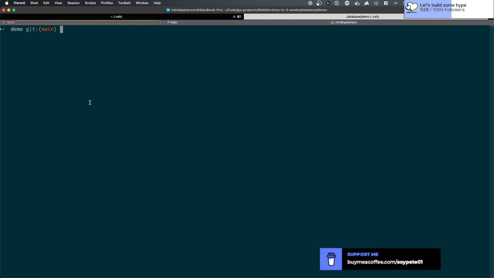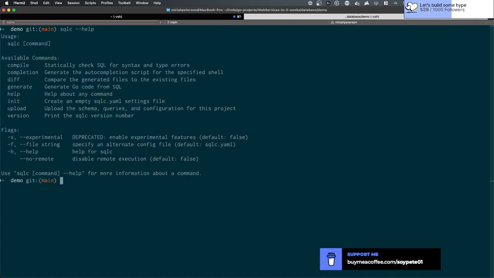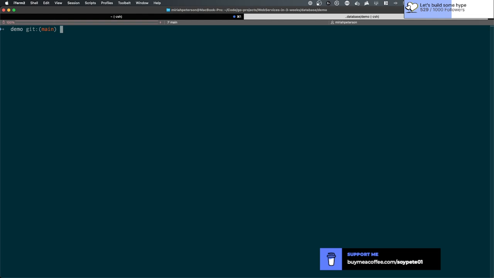I do have sqlc pre-installed on this computer. You can see right here, it is just a CLI tool with a variety of commands that you can use on your tool. To start out, there's a couple of configs you need. If you're just starting out, you can run sqlc init. That command will create this